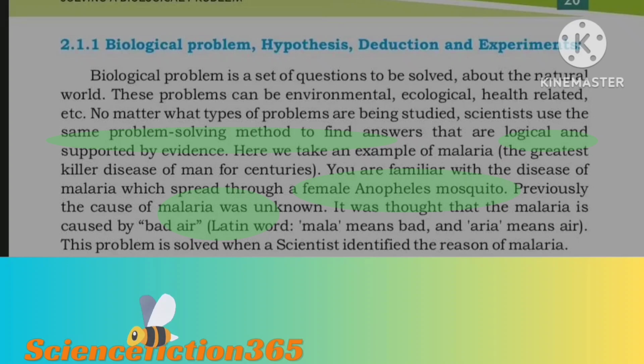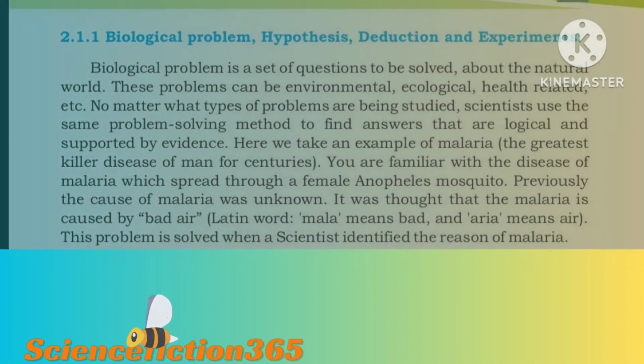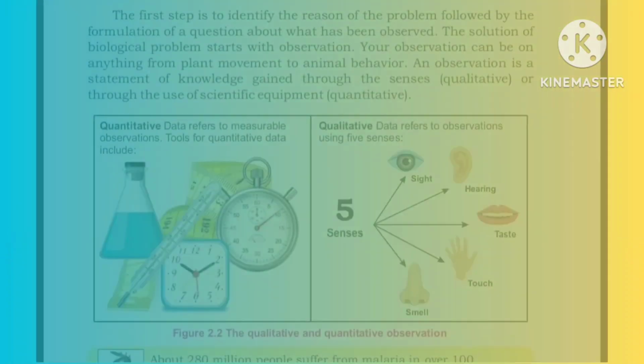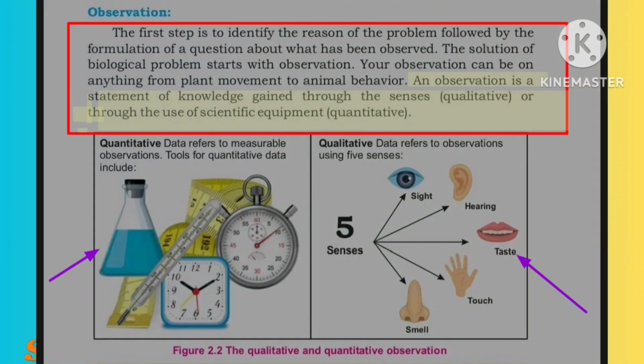Malaria is caused by female Anopheles mosquitoes. Previously, the cause of malaria was unknown, so it was said that malaria is caused by bad air. The Latin word mal means bad and aria means air. So this problem is solved when a scientist identifies the reason for malaria. When biologists face any problem, the first step is to identify the reason, which is followed by a question,